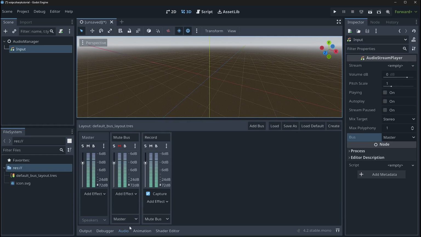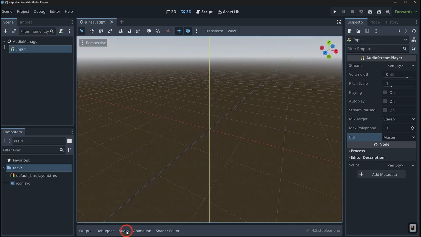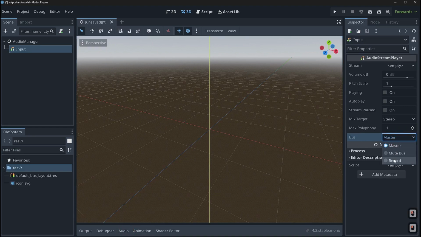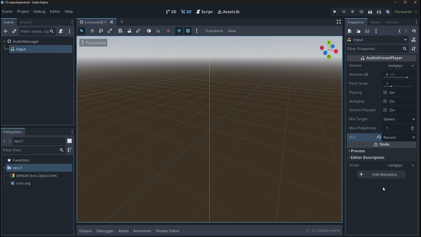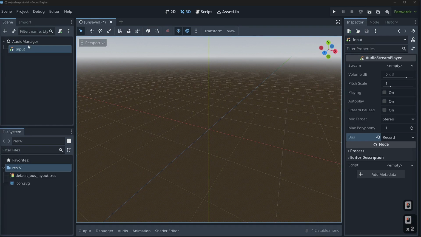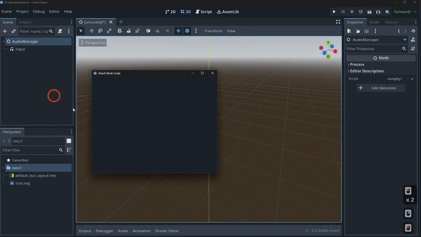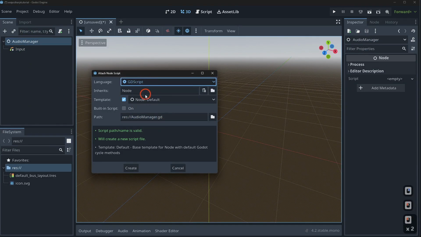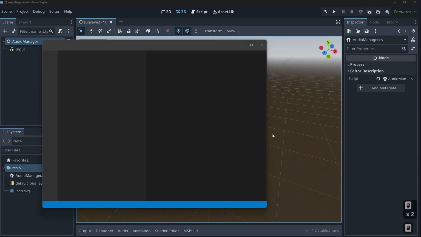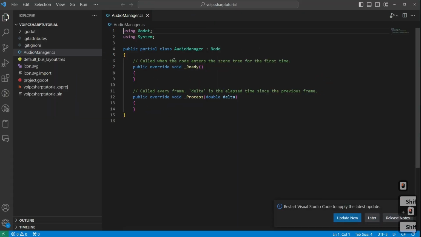Now, once we have this, we're pretty much good to go to close our audio tab. Over here on the input side, we can go ahead and click on record, and that's going to tie our input to this bus, to this microphone input bus. Now, once we have this, we could basically just right click our audio manager, attach a script, and let's add in a C# audio manager.cs. We're going to hit create, and it's going to open up VS Code. Now I'm going to snap this guy to be full screen for us, and we'll go ahead and code out